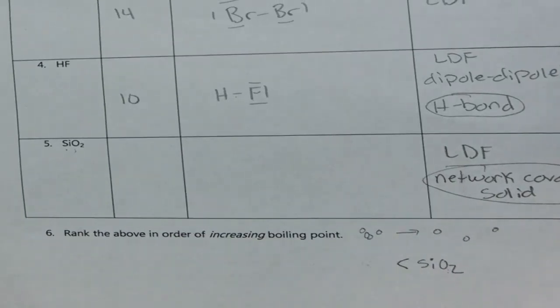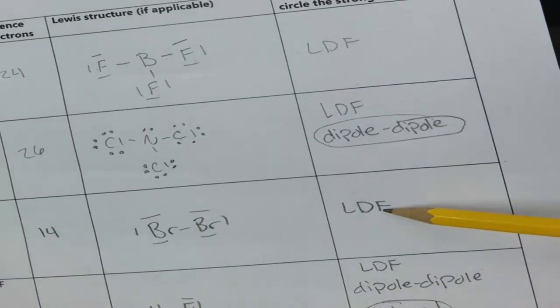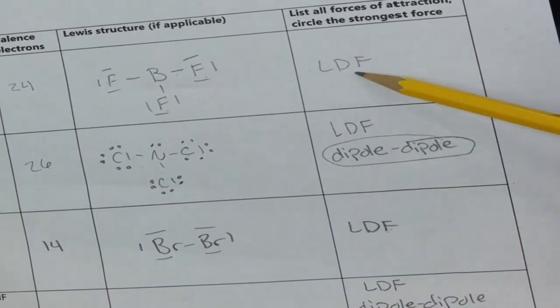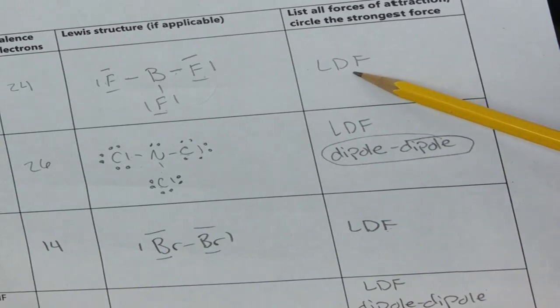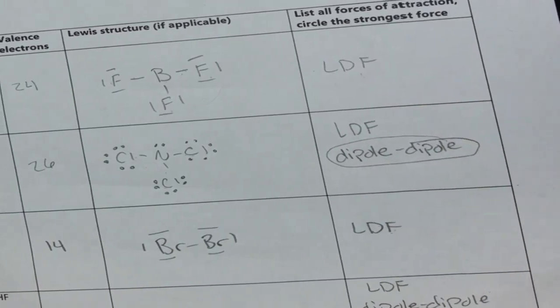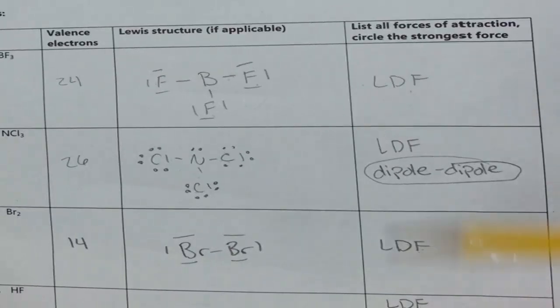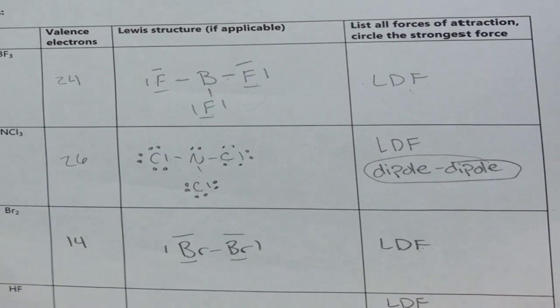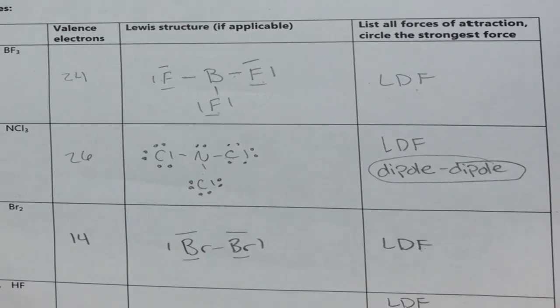Now, when I come back and I look, I have two substances that have only London dispersion, which are the weakest. So which one of these is weaker? And that we're going to look at molar mass. At the level of this class, we're going to stop right there. There are exceptions to this, but we're not going to go into those exceptions. We're going to just stick to the basics and look at only molar mass. So when we look at these two substances, and we were to pull out our calculators and calculate the molar mass,